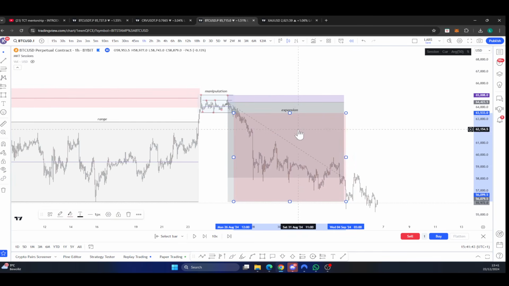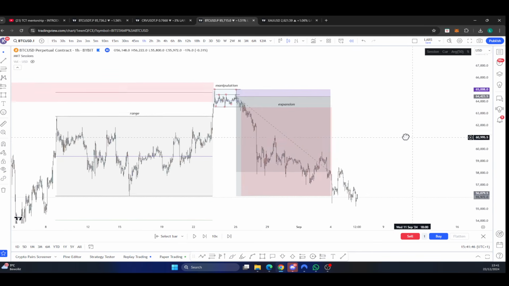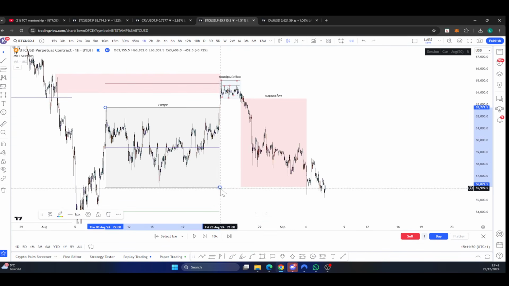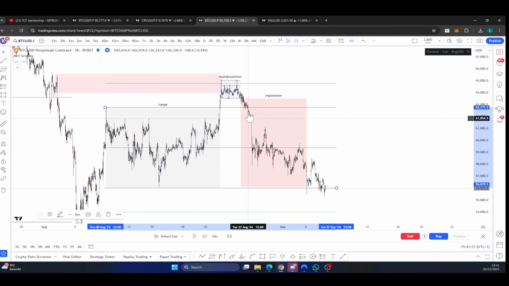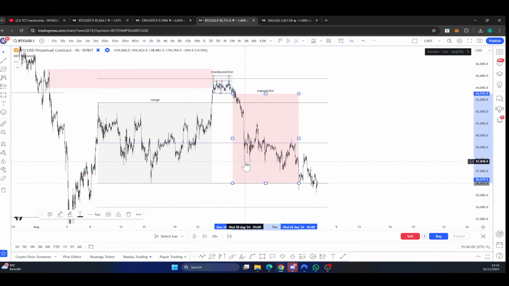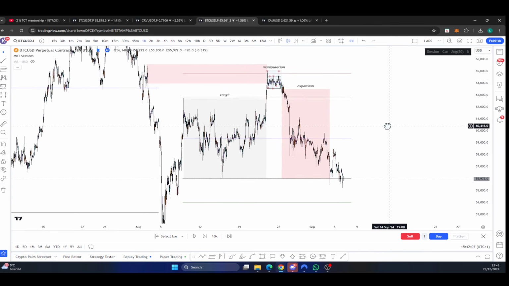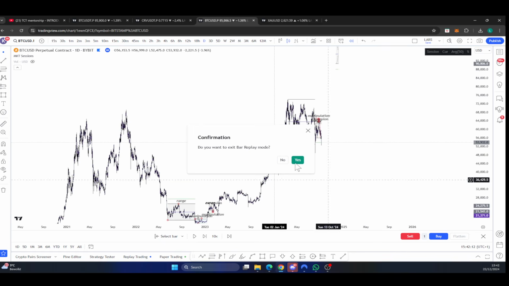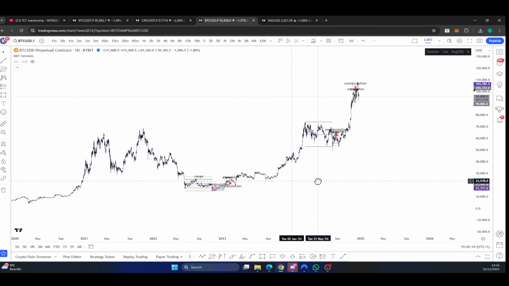Expansion. It's a prime example that it doesn't have to hit the target in one go. Okay, it doesn't have to hit the target in one go. It could easily come down, or they liquidate a lot of people, range for a bit before actually hitting the proper target. Okay, it doesn't have to be one straight shot down. Like I said, it can dump down, it can consolidate, and then it can continue its way down. So you can see that it doesn't happen that often, but when it does happen, they tend to be amazing